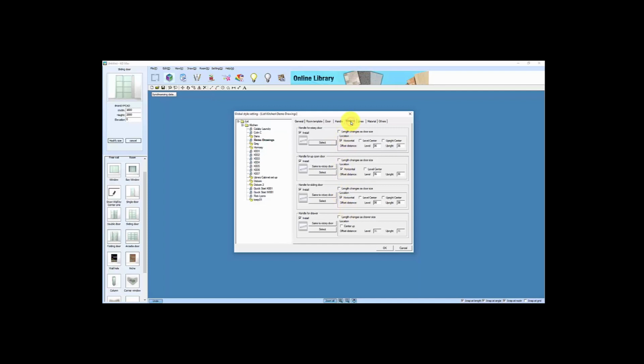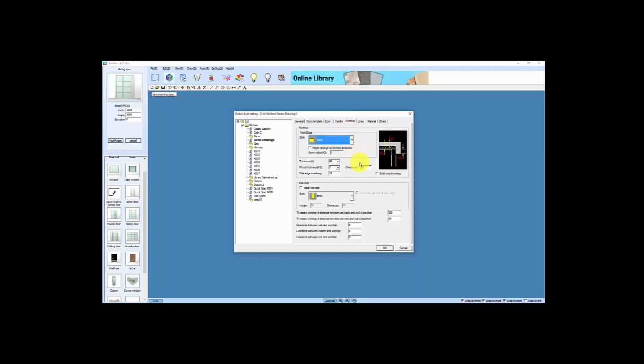Okay, go to the next tab. The next tab is where you set the thickness of your bench top, as well as the overhangs of your bench top. So I'm going to do a 40mm stone thick top. I'm going to have a 20mm overhang over the face of my doors, and I'm going to have a 16mm overhang over the ends of my end panels. We go to our next tab,